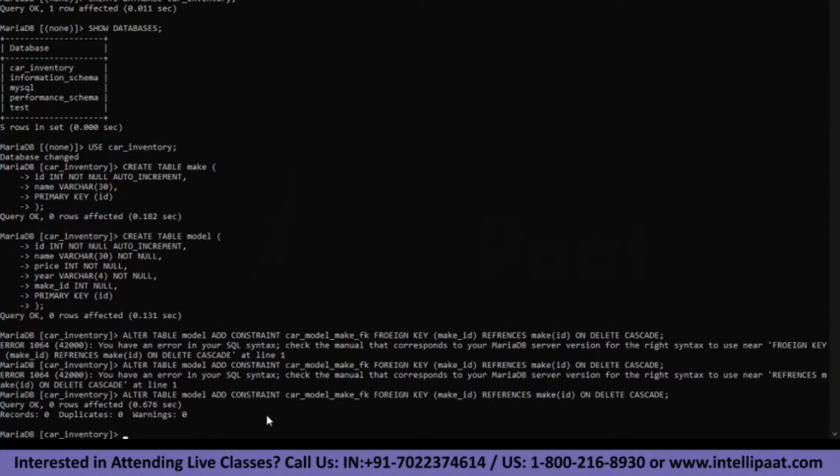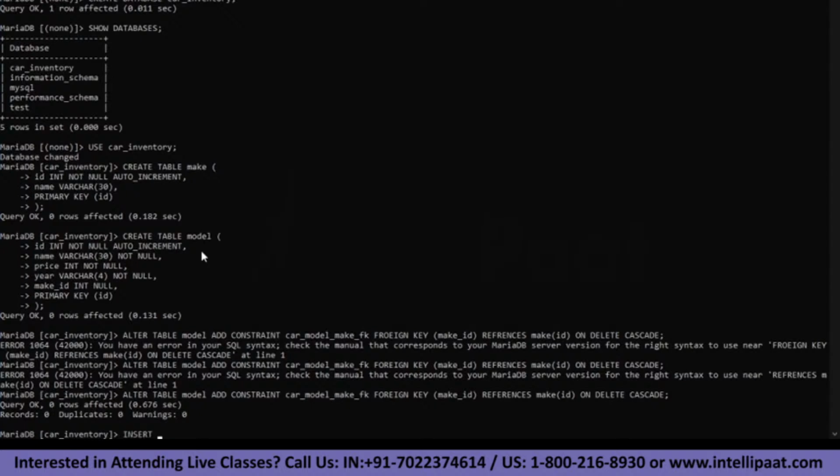So what this means basically is that inside our model table, the make ID will only contain the information that already exists in the make table. So for instance, if I enter a car and I want to add its make, I cannot add the ID 4 or 5 or whatever I want arbitrarily. This would lead to a data integrity violation, which we have prevented by adding a foreign key constraint. And what all of this means, I'll show you in a minute. Let's start and insert